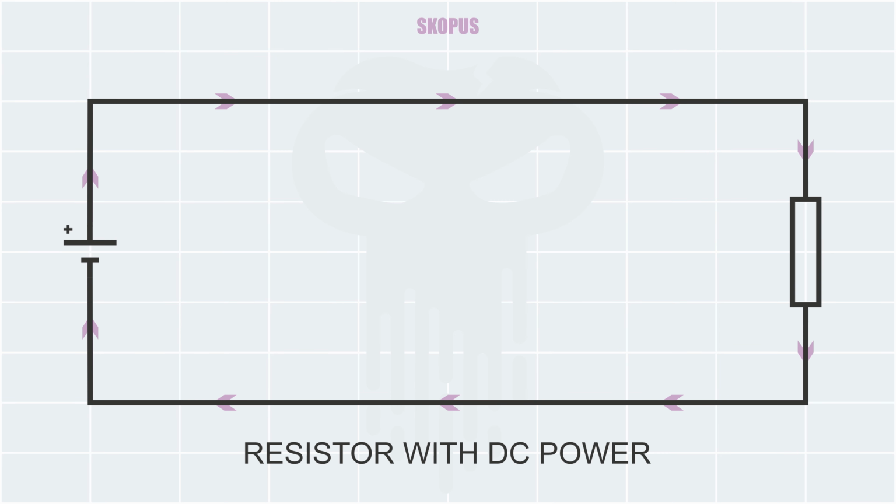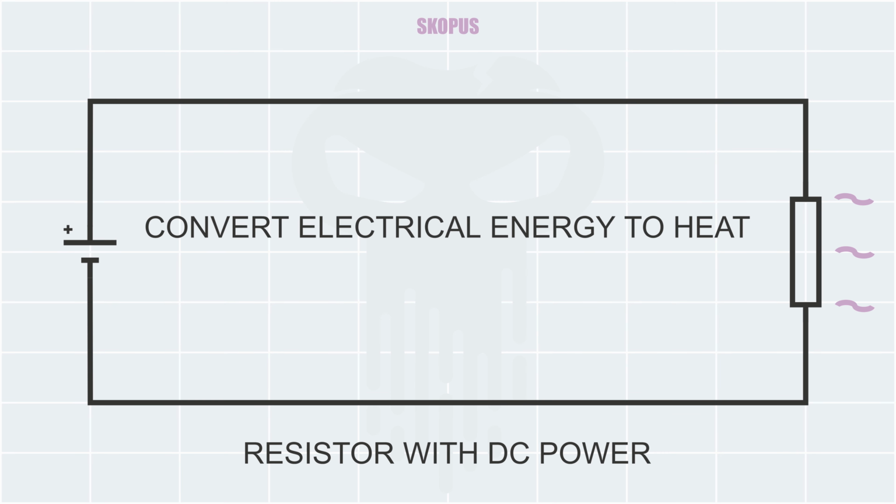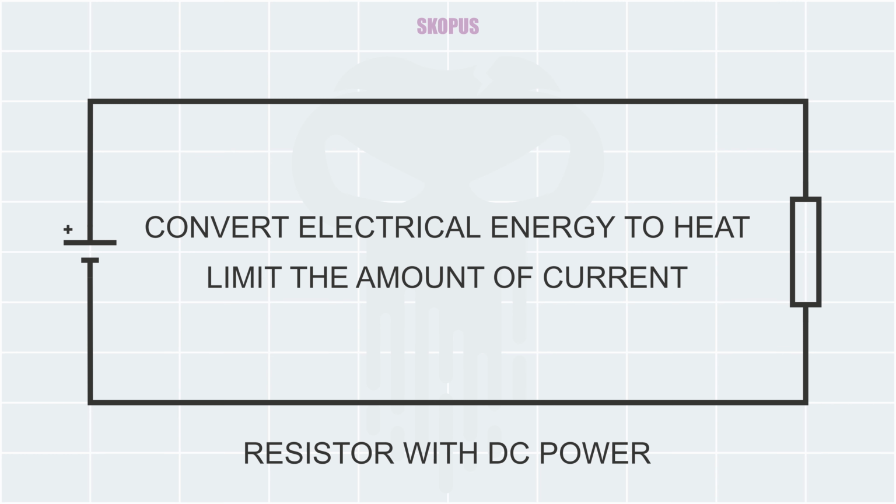What's going to happen to that energy that gets lost? It's going to change its form from electrical energy to heat. This is a really useful example of our heating elements. Another thing that a resistor can do in our circuit is to limit the amount of current that is passing through that resistor. This is another useful example of using resistors, which is more common in electrical circuits.